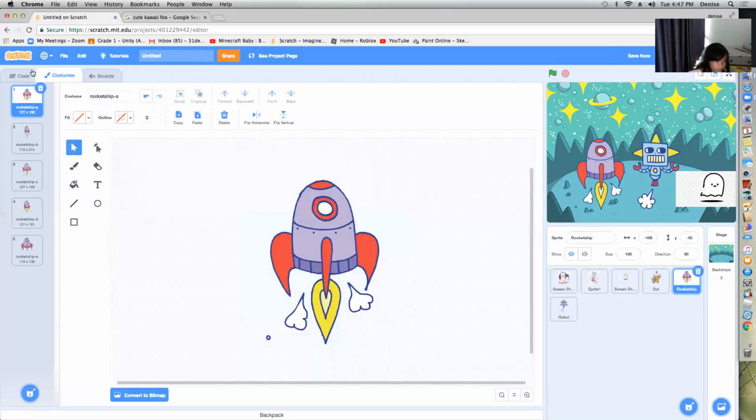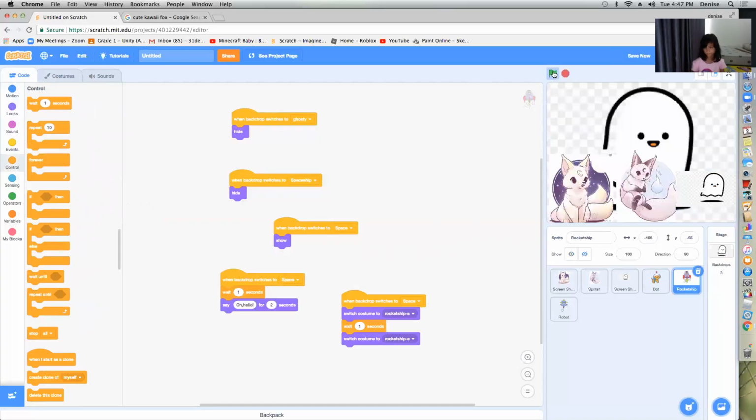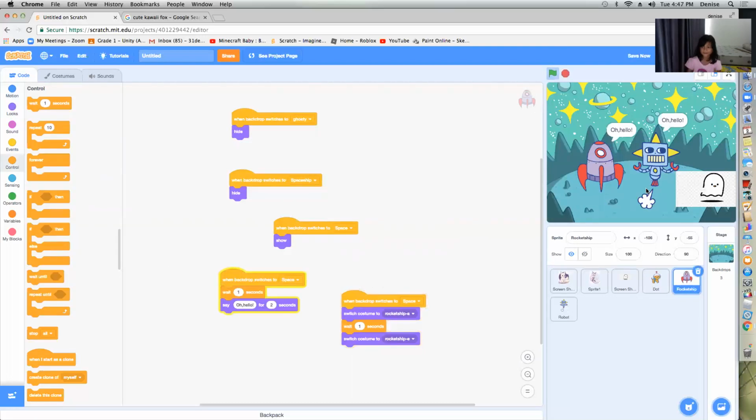This one is rocket ship A. Switch to rocket ship E. Make a surprise game.